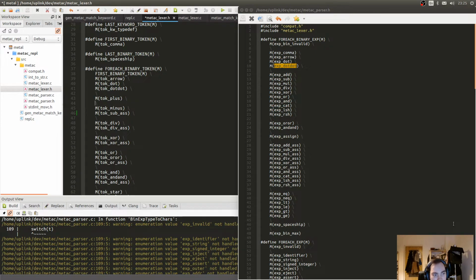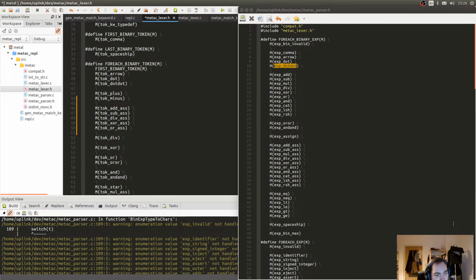But the add sign expression is not, and what I'm doing right now will become apparent soon. Essentially what I did is I took the same order that these are going in,